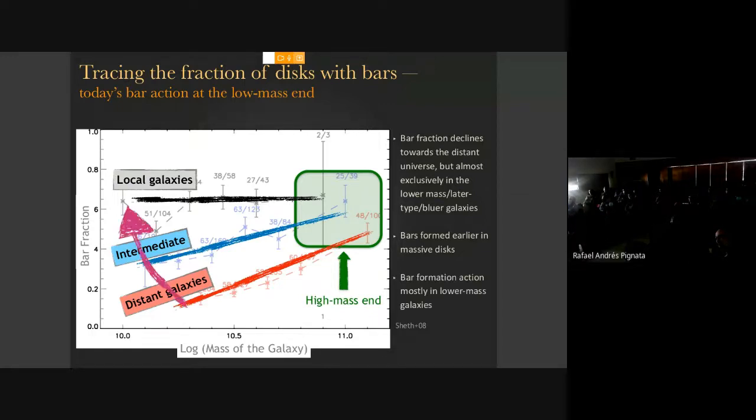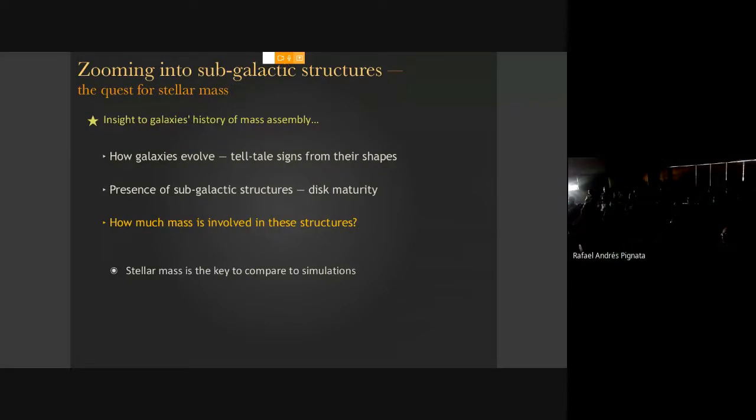Where you see most of the action, most of the change, is really at the lower mass end. And this is not very low mass. This is still higher than 10 to the 10. We heard a little bit earlier from Virginia. She was talking about the barred galaxies in dwarfs. So this is even lower. They don't even appear here. But the main thing is that you have a lot of this action in the low mass end of galaxies.